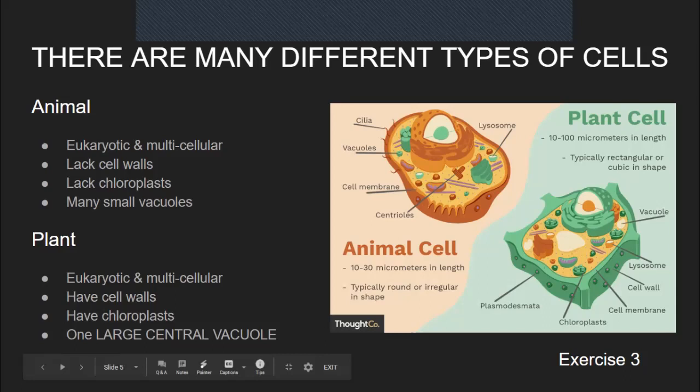So in exercise 3, we look at some similarities and differences between animal and plant cells. Some of those similarities are all of those organelles that we just talked about in the last slide; they are in both of these cells. Both plant and animal cells have cell membranes, a nucleus and nucleolus, mitochondria, Golgi bodies, and smooth and rough ER. Now, what the plant cell has that animal cells do not have